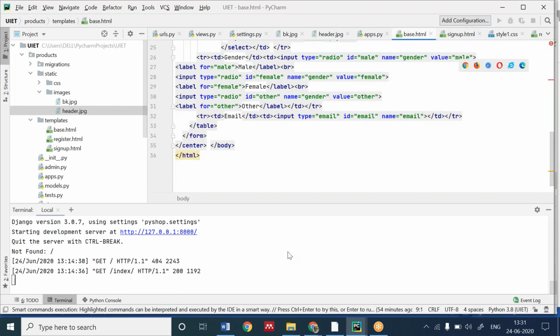It's up to, see, it's up to gender, name gender. Female.